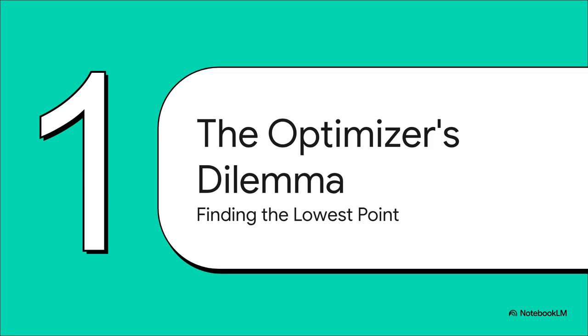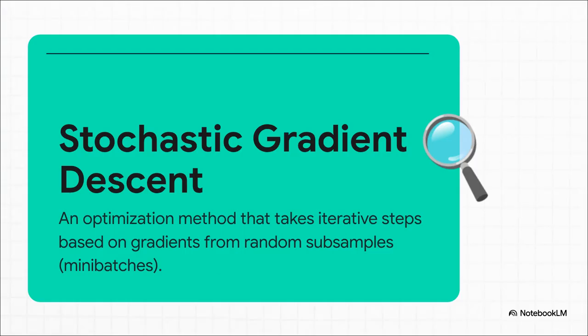Okay, so the main job for any machine learning optimizer is to minimize mistakes, to reduce the error. Imagine you're trying to find the absolute lowest point in a huge, sprawling mountain range, but you're blindfolded. The only thing you can do is feel the slope right where you're standing and take a step downhill. That's the challenge. For a long time, the main way to do this was something called stochastic gradient descent, or